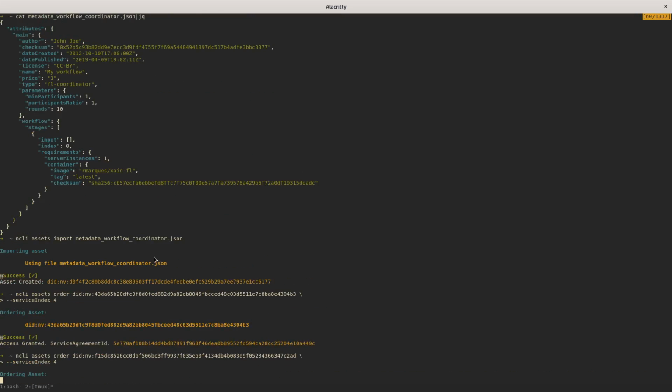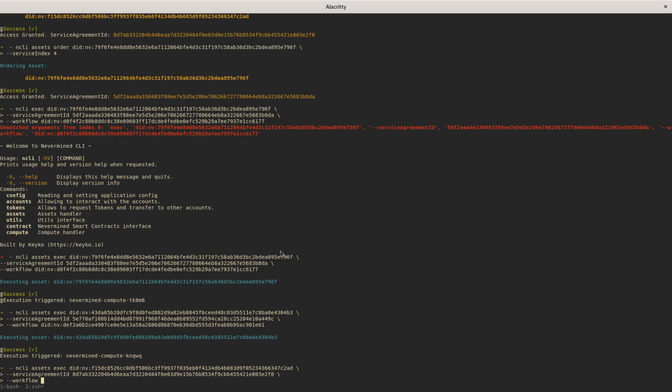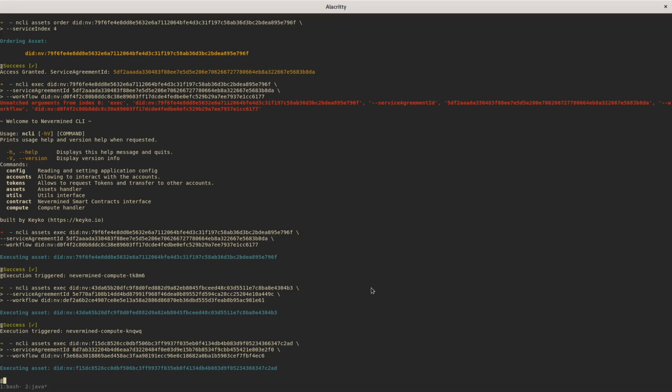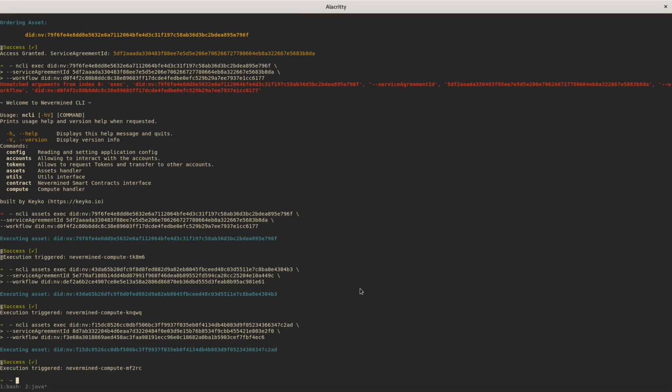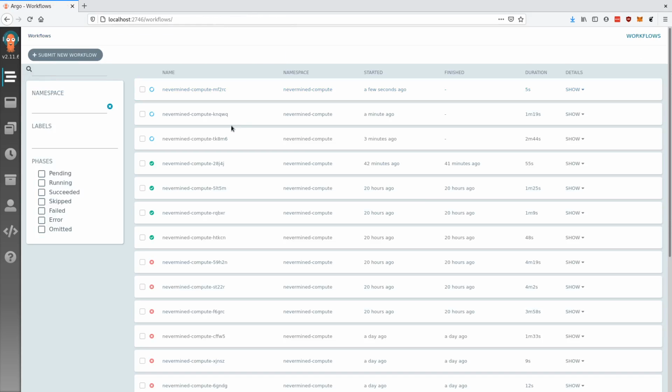And this should be the second workflow. Okay, so now we have the coordinator and the two participants running,